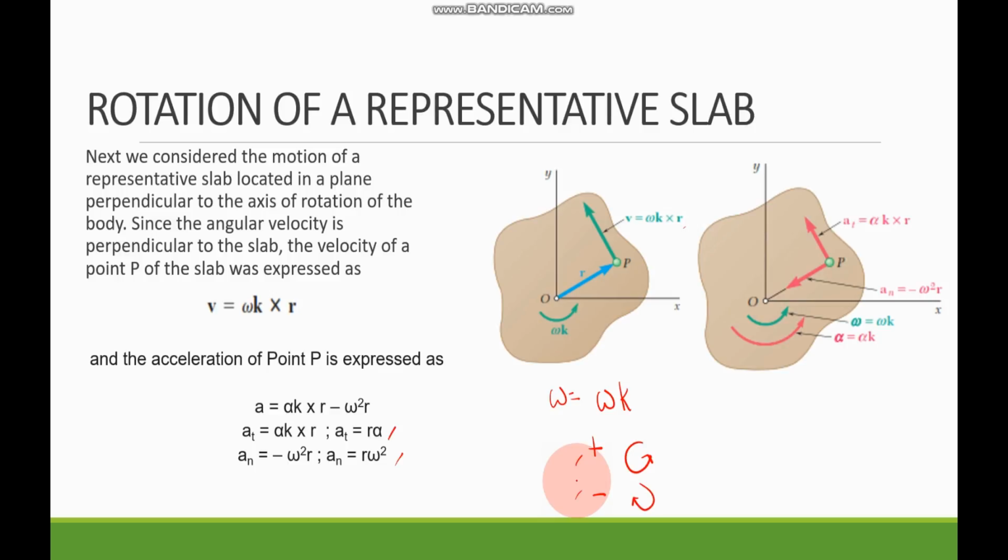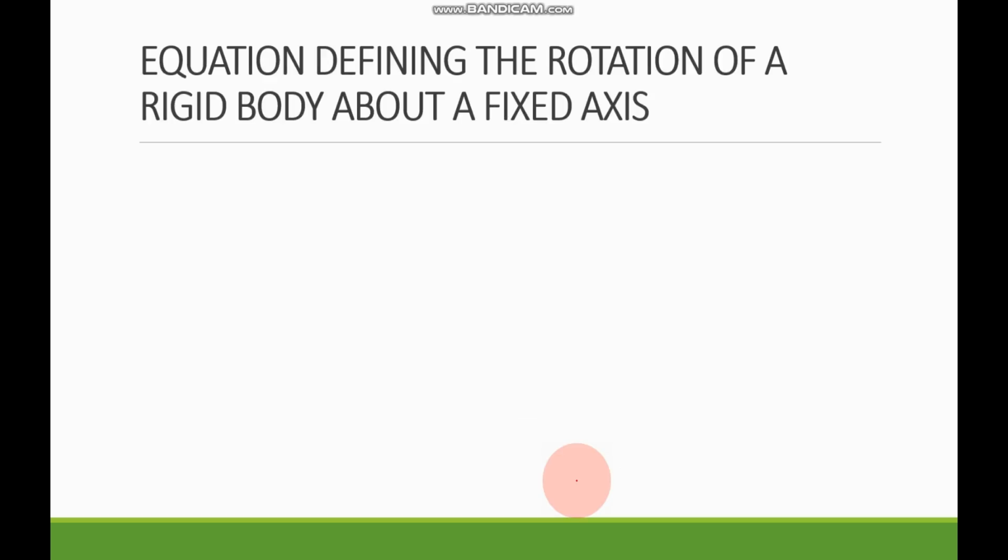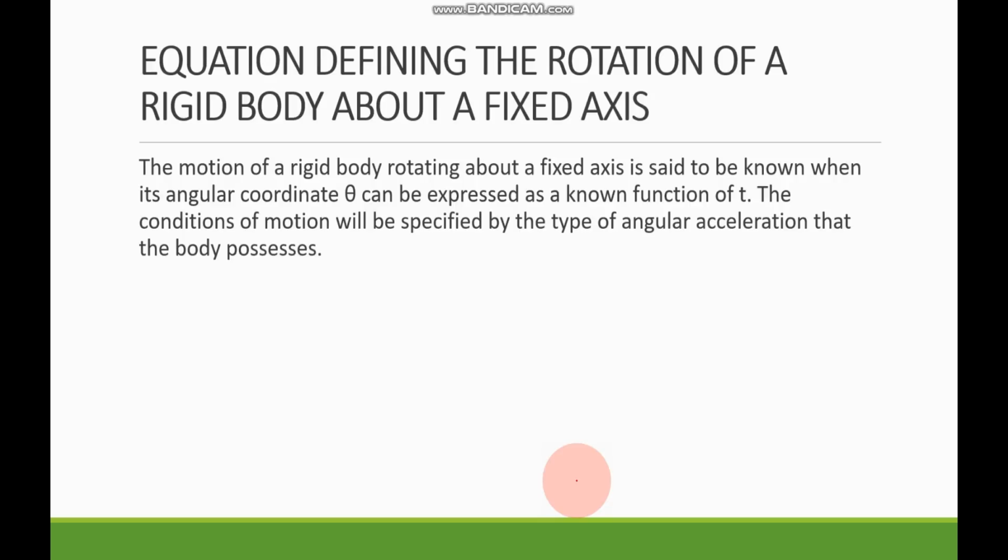Next, we have the equation defining the rotation of a rigid body about a fixed axis. So the motion of a rigid body rotating about a fixed axis is said to be known when its angular coordinate theta can be expressed as a known function of time. The conditions of motion will be specified by the type of angular acceleration that the body possesses,